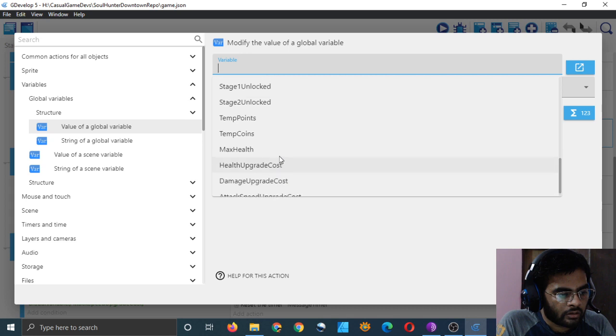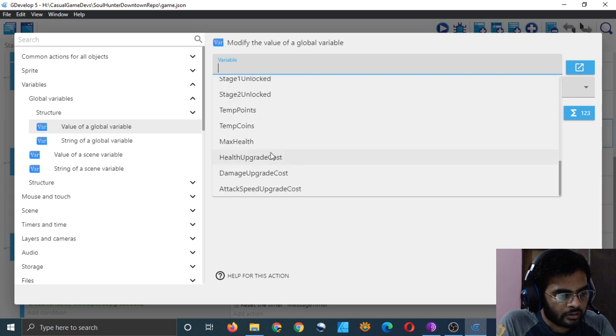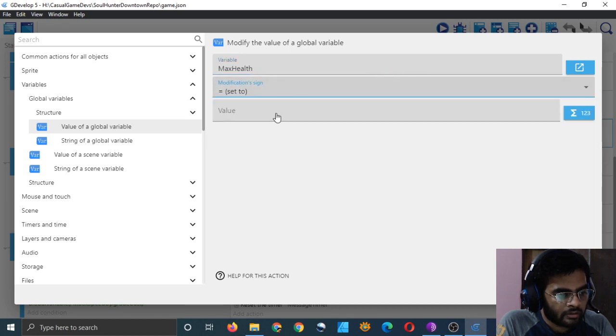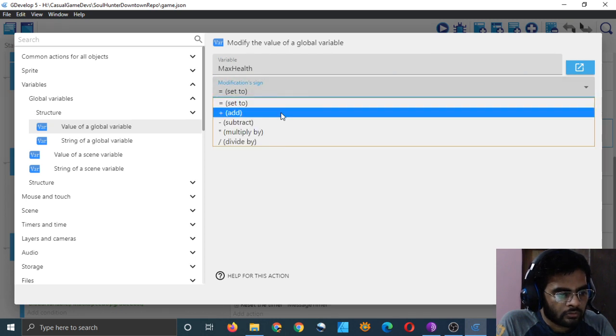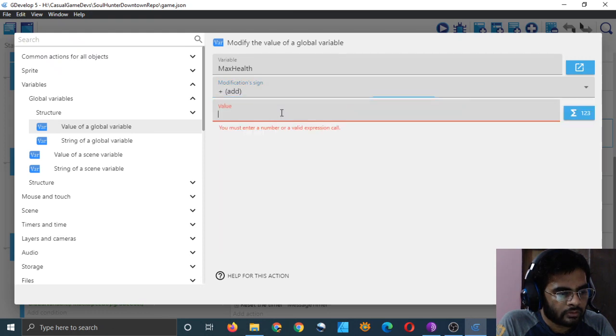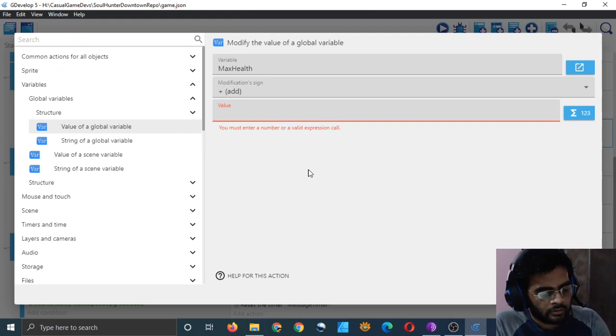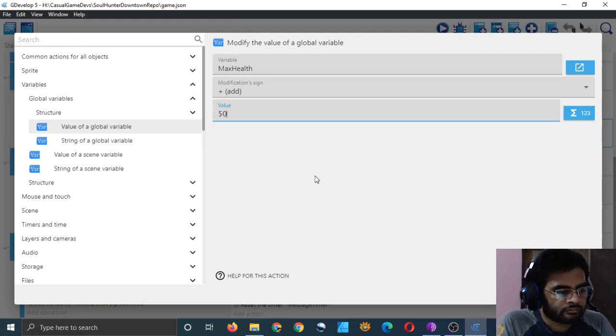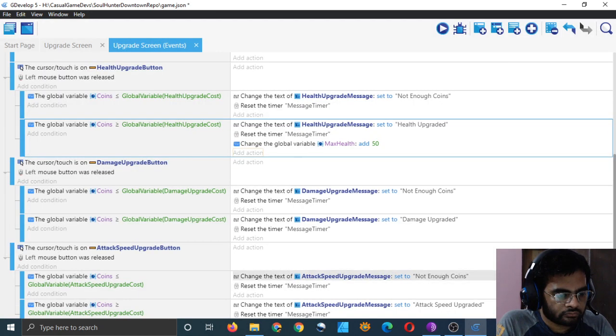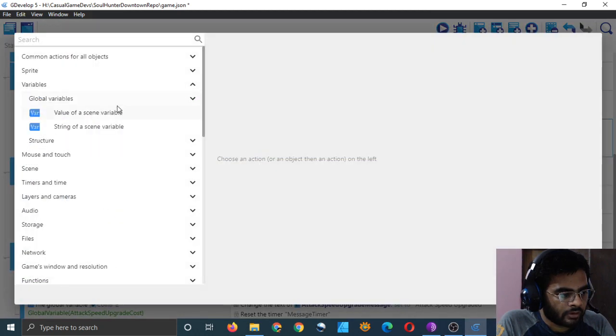and I think it should be max health. Max health will be equal to, not equal to, plus. I believe there should be plus, right? And we just add something to the health, like let's add 50. Max health will increase by 50, right? And one more thing will happen, and that is,